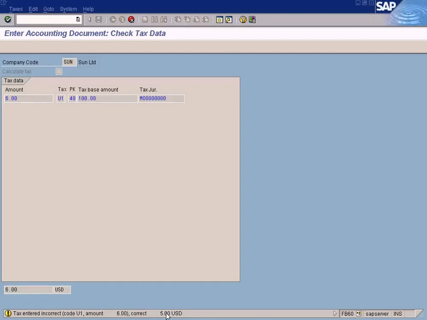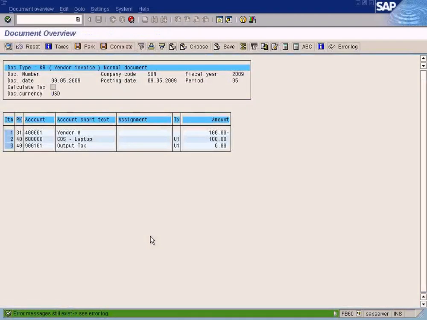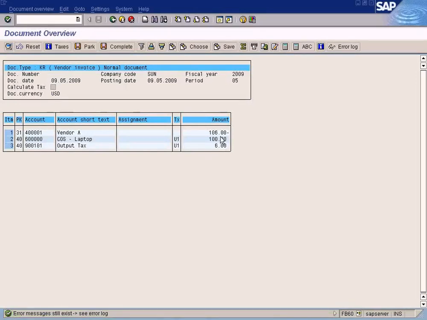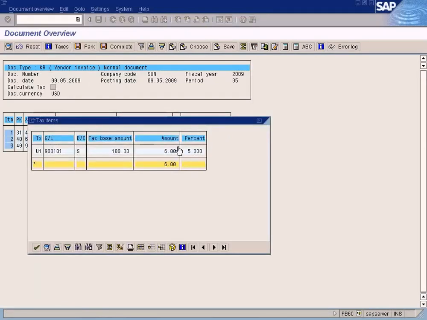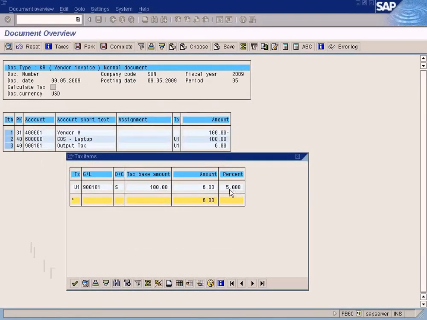So it says tax entered is incorrect, amount is $6, but the correct amount should be $5 because this U1 has got a rate of 5. So just ignore this message because it's just a yellow message. Just press enter. So you can see the system accepts the manual tax that you have entered, which is $6.